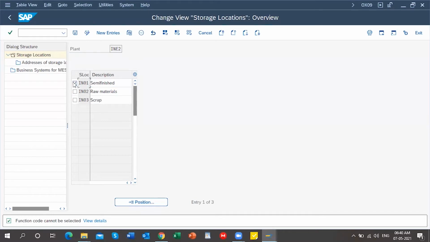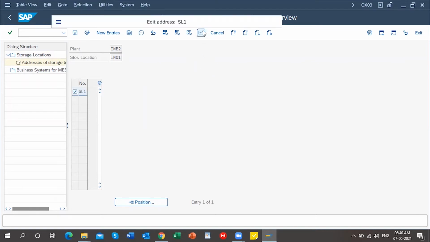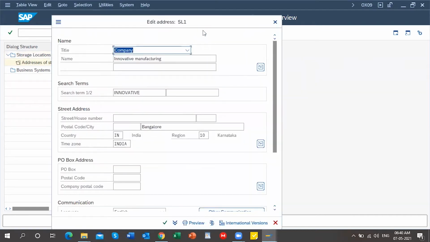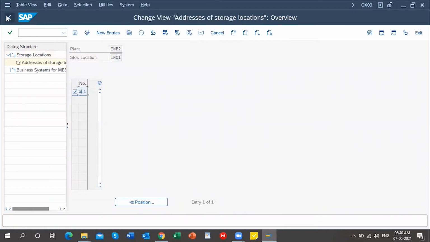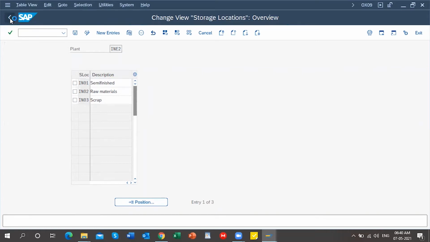Select the address option here. See, we have maintained the address details for the store location one. In the same way, you can maintain address details for the other store locations, whatever you have created in the system. This is the one thing I needed to show you.